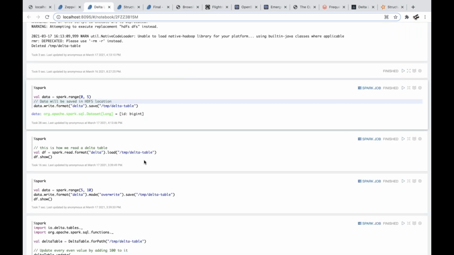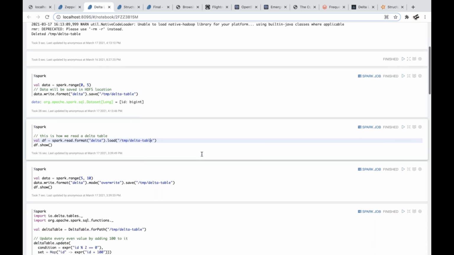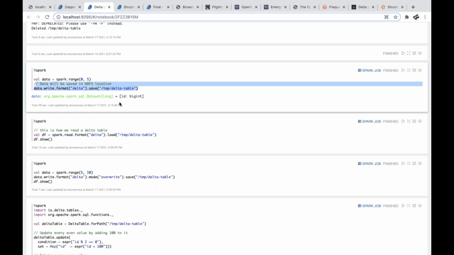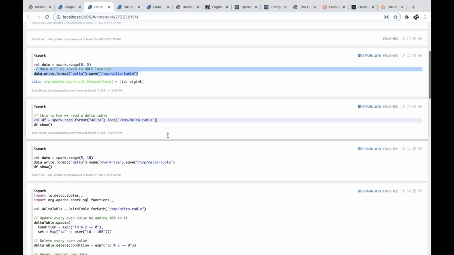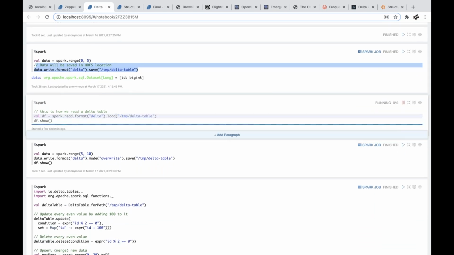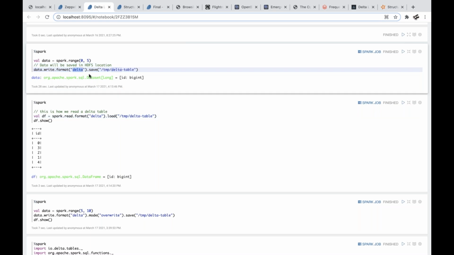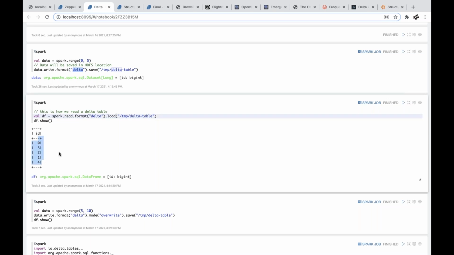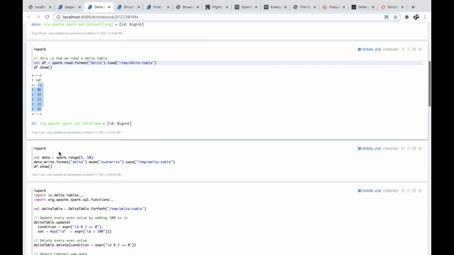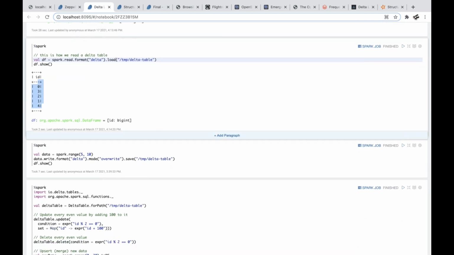Okay, let's continue. And now the next step, I wrote data to this Delta Lake, but I would like to read it. Is that hard? No, the answer is it is very easy. We just need to read, and we just need to define the format. It was format Parquet whenever we were saving, and format Parquet whenever we were reading before, when we were using only Parquet. And now instead of Parquet, we are using Delta, and we are getting the data from 0 till 5. So let's continue. Yes, we read and we write.